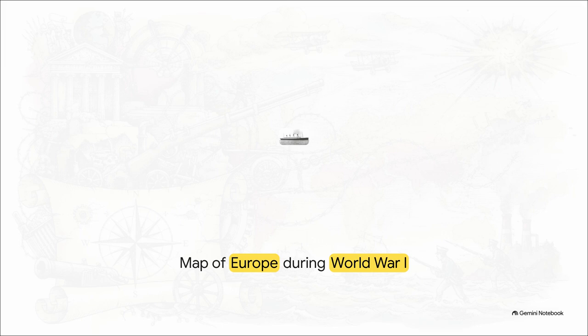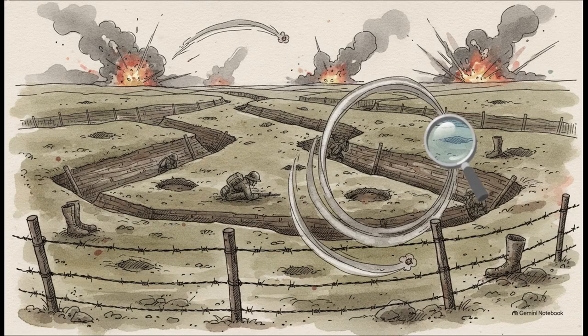They had to fight France and Britain in the west, while simultaneously trying to hold off the massive Russian Empire in the east. The initial German advance, which was hoping to quickly crush France, totally stalled out. This created a horrific stalemate that we now know as trench warfare. The front lines stretched a staggering 650 kilometers, literally from the English Channel all the way down to Switzerland.